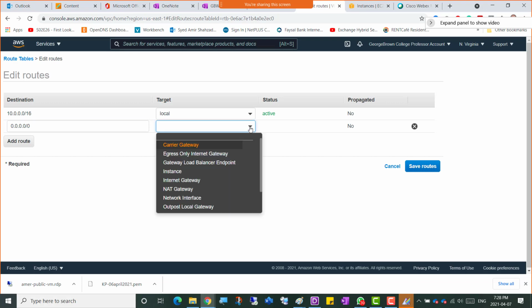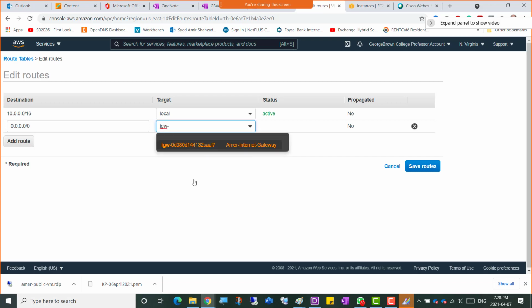So I'm going to drop down this, and we're going to select obviously the internet gateway. So all the traffic from the internet is going to hit this internet gateway. So route table is asking these questions, that where's the traffic coming from and what is it going to, and to whom am I connecting, to whom this side of the route is connecting. So I'm going to click internet gateway now, and then there's my first name gateway. Internet gateway is showing there, so I'm just going to select that gateway